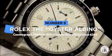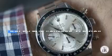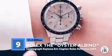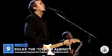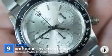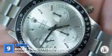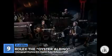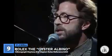Number 9. Rolex reference 6263, the Oyster Albino Cosmograph Daytona Eric Clapton, sold for $1.4 million. As the name suggests, its first owner was none other than Eric Clapton, purchased in the late 1990s. World-renowned English musician, singer-songwriter, and arguably one of the most important and influential guitarists of all time, certainly deserves a